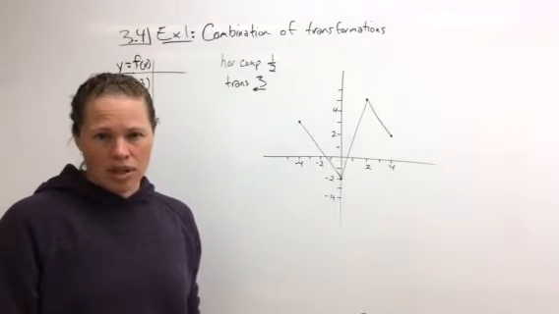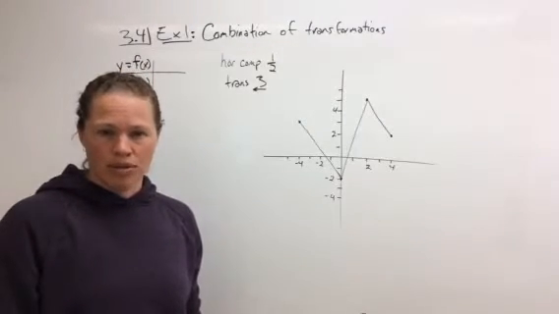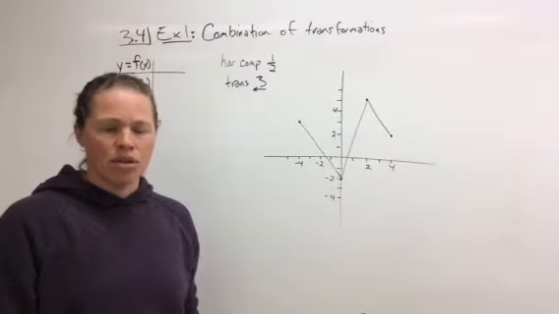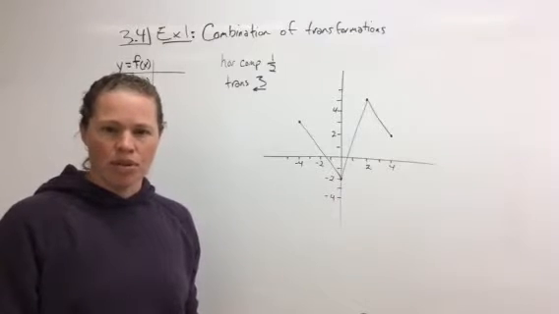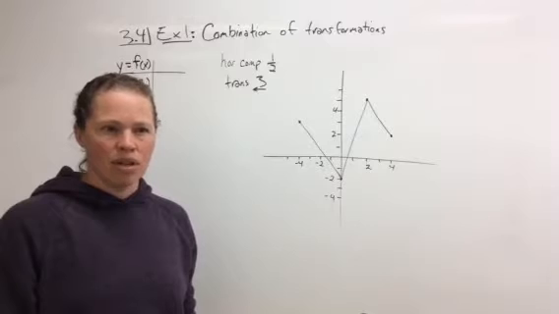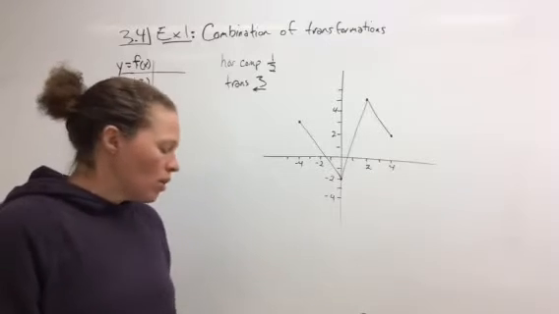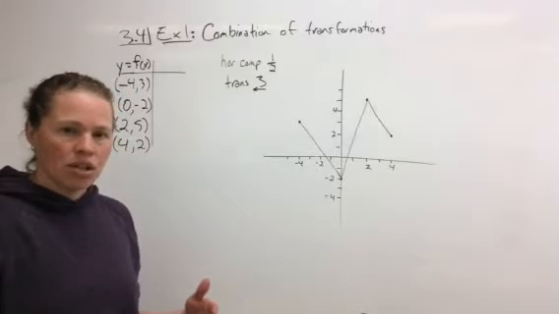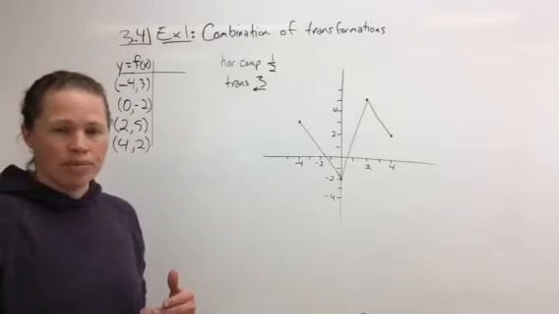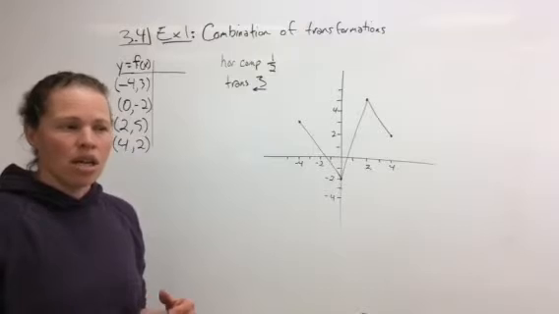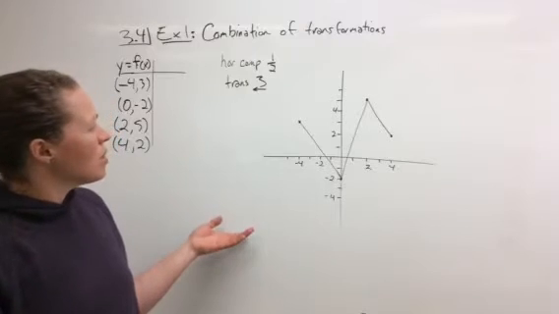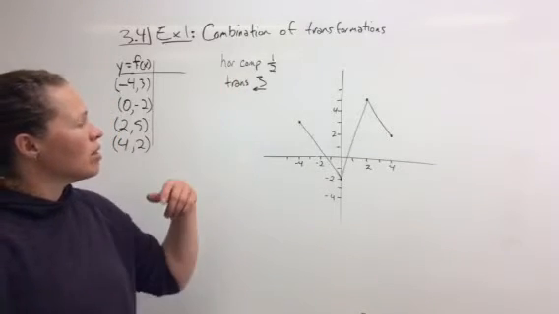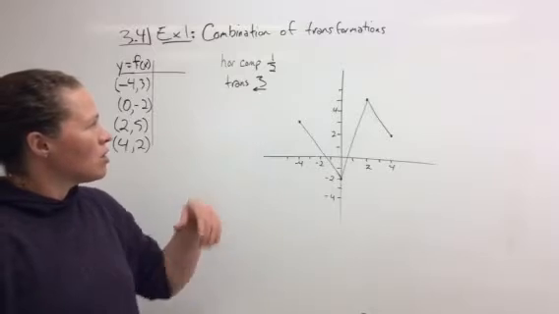So nothing new in the beginning of 3.4. They're just asking you to review what you've learned so far in chapter 3, and they're putting them together in less organized ways. So instead of dealing strictly with translations or reflections or even compressions and stretches, they're going to combine them now. So for this one, they're asking for a horizontal compression of a half and a translation of